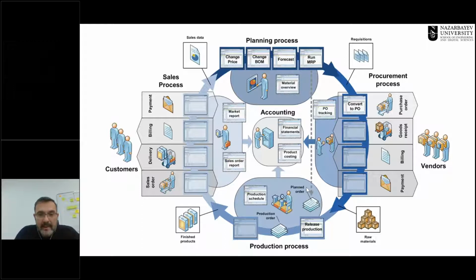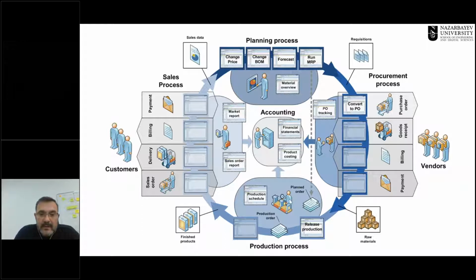And how about the money that is needed for all this? This money is received from the customers, paid out to the vendors, paid out for salaries and so on, or for other activities. So there is a finance and accounting department here at the heart of the company. And where does our company go? Our company goes where the strategists say it goes. So it's the strategists, possibly engineers with knowledge of strategic management, that set the pace and set the direction of the company. So, my dear friends, this is how an industrial company works.